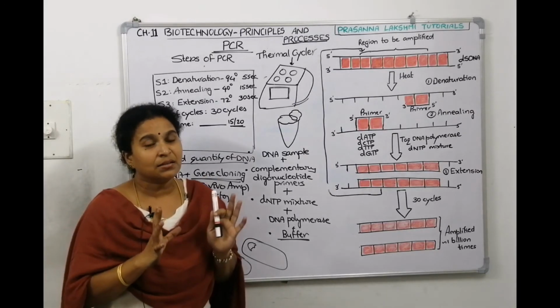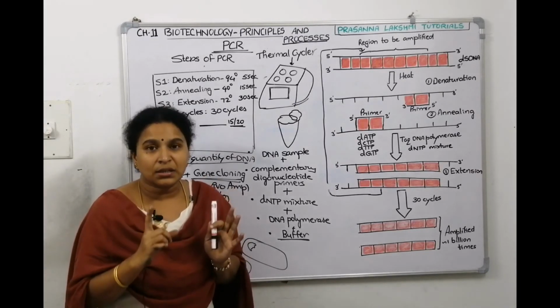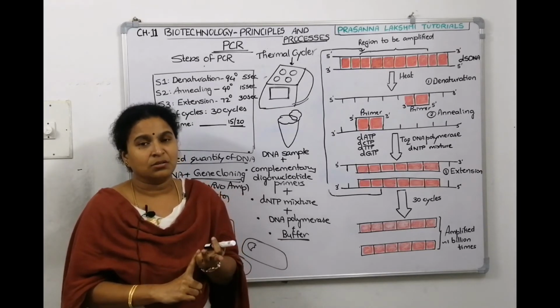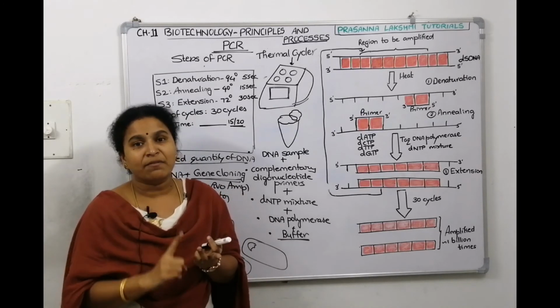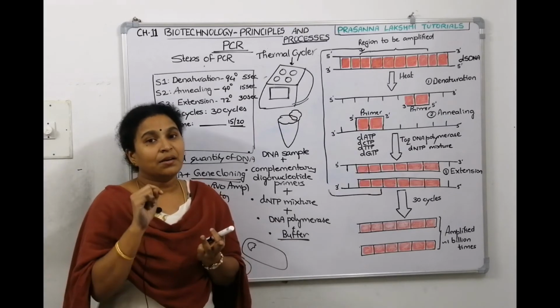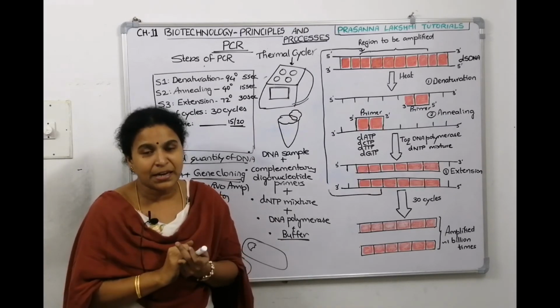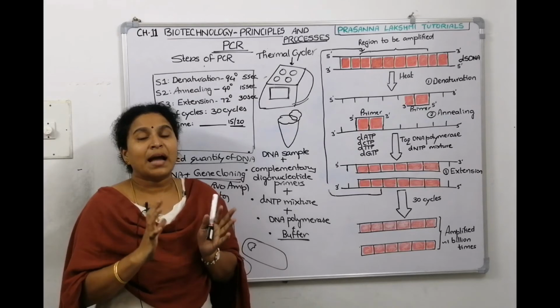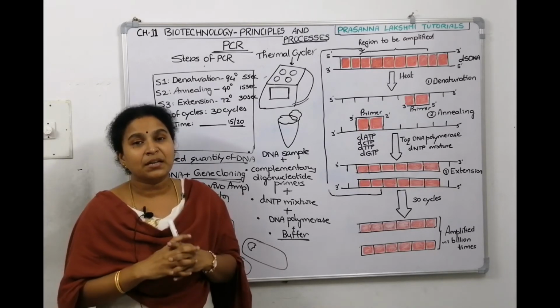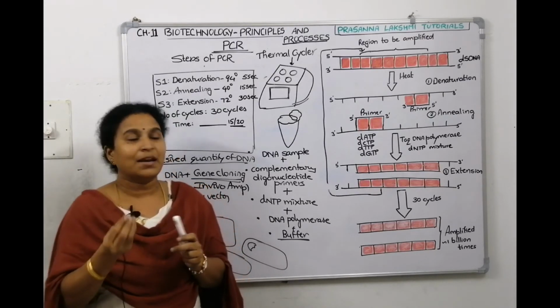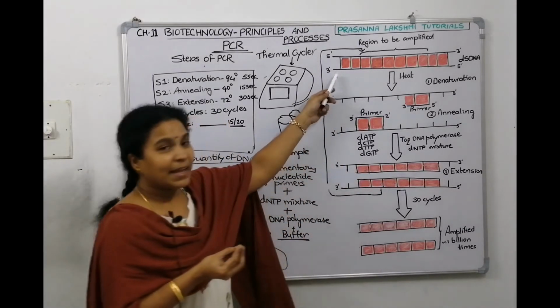Children, did you understand the technique of PCR? What is it? Polymerase chain reaction. It is a cyclic process. Who developed it? Kary Mullis developed it. In which year? 1985 he developed it. What is it? You are amplifying the DNA. After separating the DNA, if the amount of DNA is small, then we have to do this. For that, take the DNA.